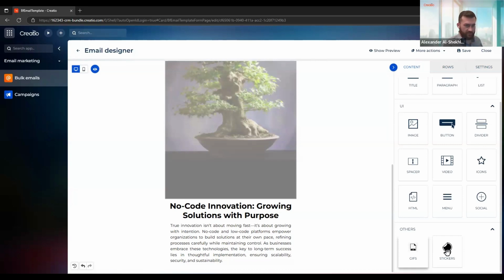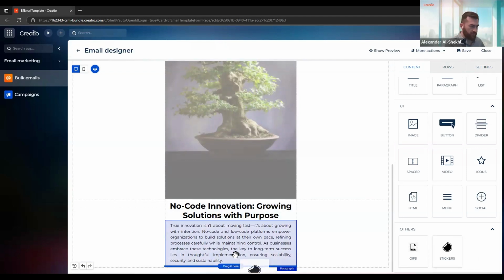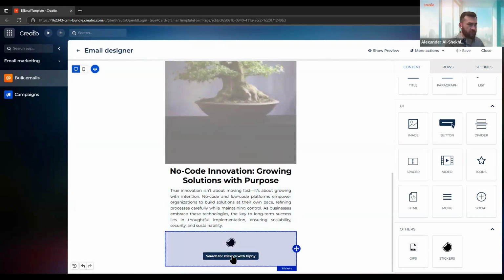And here is where GIFs and stickers come in handy. So I can add these. Let me just show you an example. A sticker is a GIF technically, but with a transparent background. So let me show you how it can look. If I drag and drop a sticker,